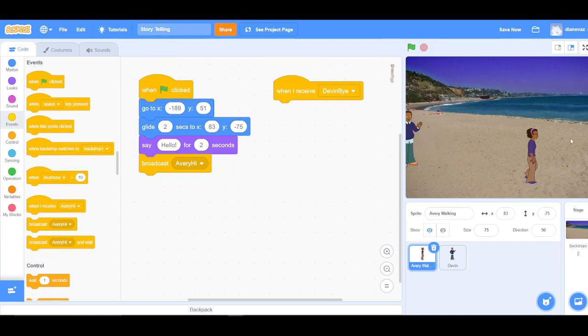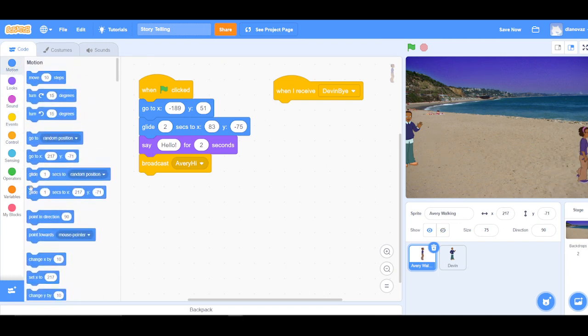We'll get Avery to walk off to the right. Kind of this way. So we'll glide to this position. And then what we can do is we can actually change the backdrop. So it's almost like Avery's continuing. This scene is finished, and we're going to go to the next scene. So at this point, why don't we, well, we'll talk a little bit more about that later. I was just going to say we could broadcast another message, but